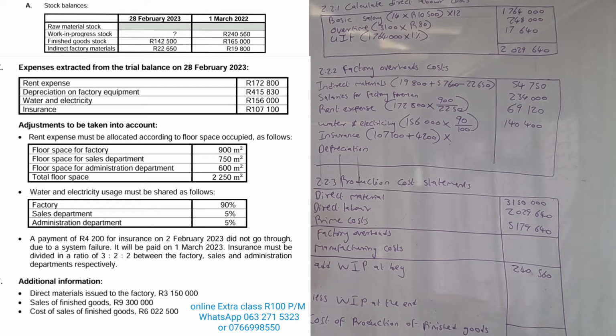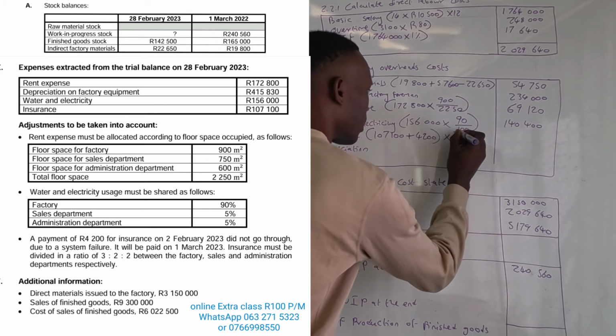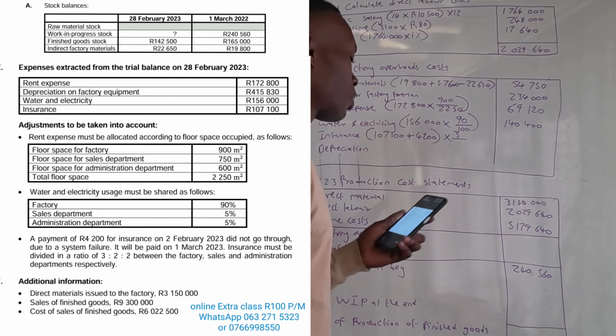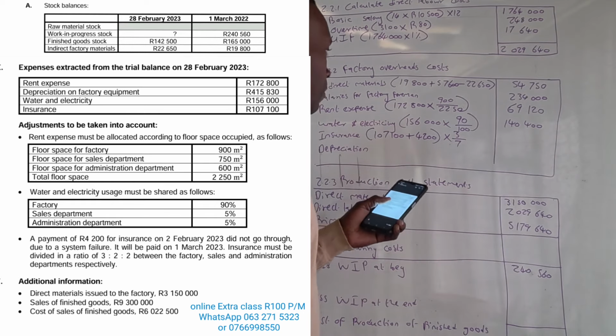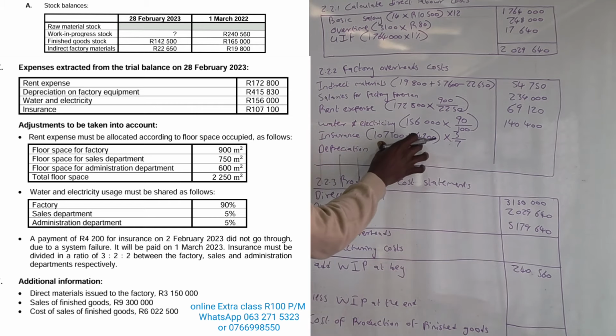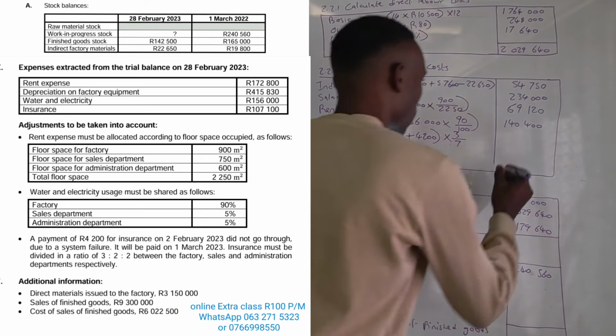They say that insurance must be divided into the ratio of 3:2 between the factory, sales, and the admin department respectively. This simply means that our factory is 3 because it's the first one, and the total 3 plus 2 plus 2 is 7. Okay, you must get the answer first here, and you multiply by this. Then it will simply give you